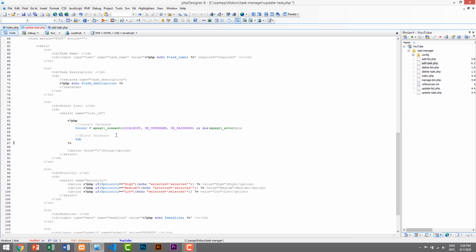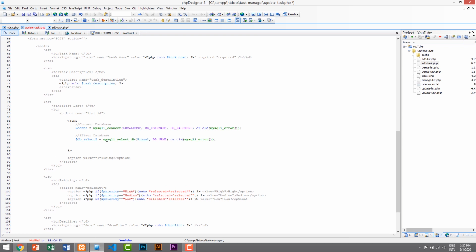$db_select_2, and here we will add mysql_select_db, and here we'll pass the database connection, which is $connection2, and then db_name, or die mysql_error(), followed by a semicolon, and then we will write the SQL query to get the list,